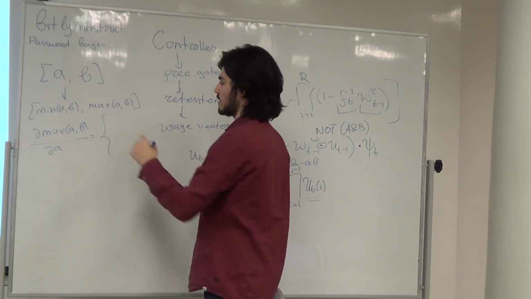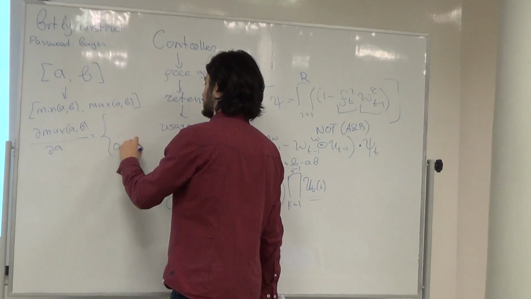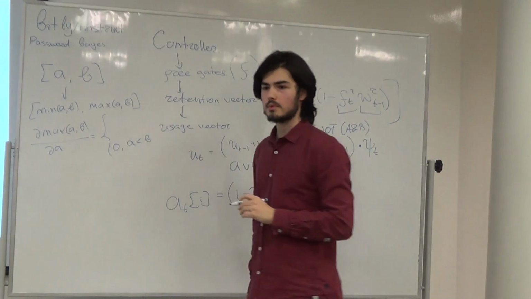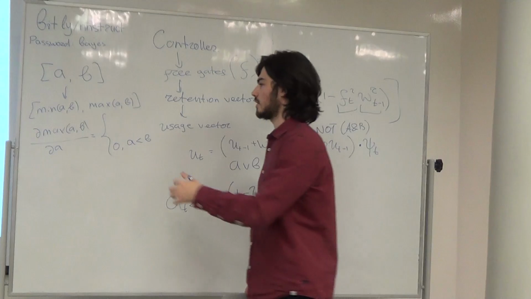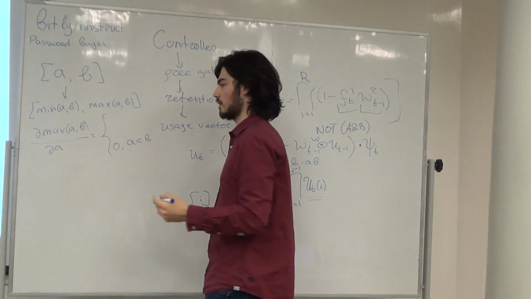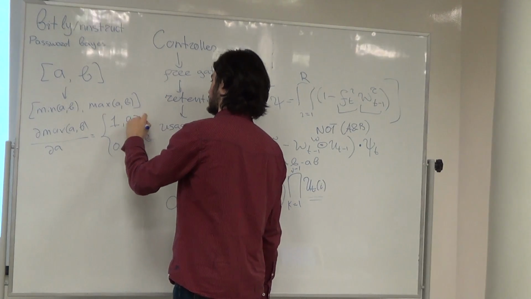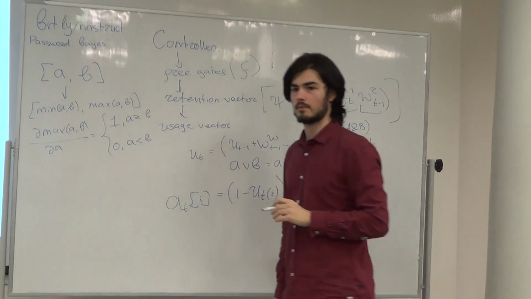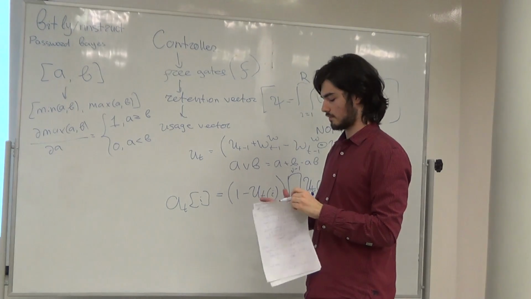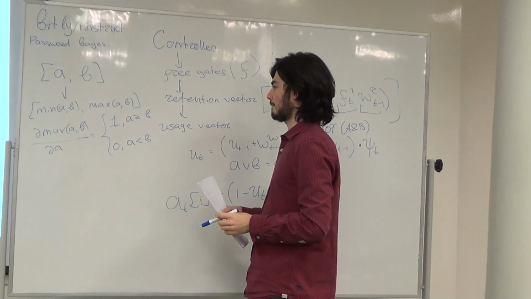If A is less than B, then it is not used in the computation, so it is 0 if A is less than B. However, if it is larger, then this value will be equal to A, and so the derivative would be just 1. So if A is greater or equal to B. Not exactly. If A is strictly greater than B, and if A equals B, then there should be an